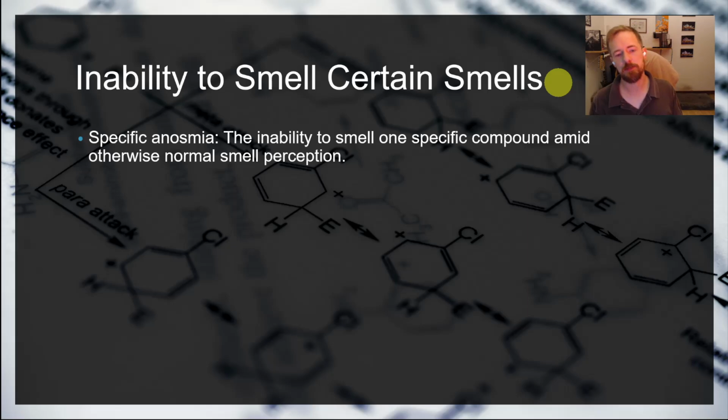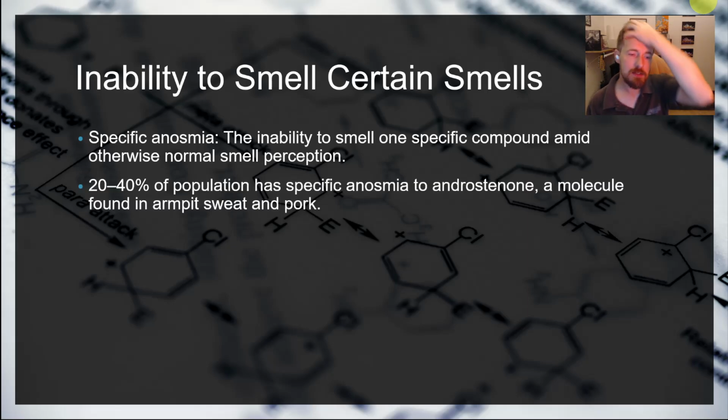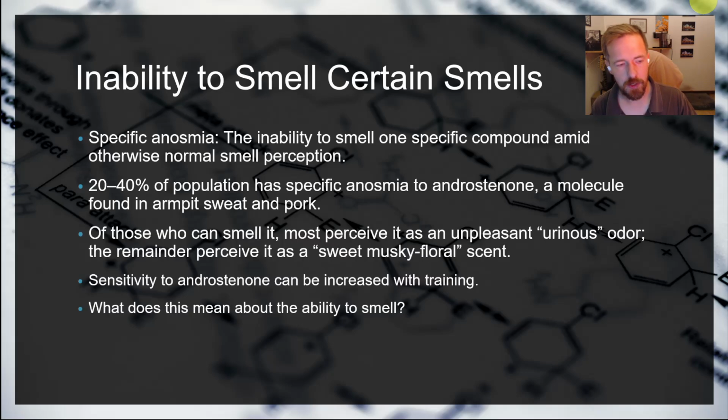So specific anosmia is whenever there's one kind of chemical compound that you seem to otherwise not be able to smell. You can smell other things, but not this one specific thing. And probably the most common version of this is a specific anosmia to androstenone. Androstenone is something that people produce in their armpit sweat, and it is also found in pork. And so